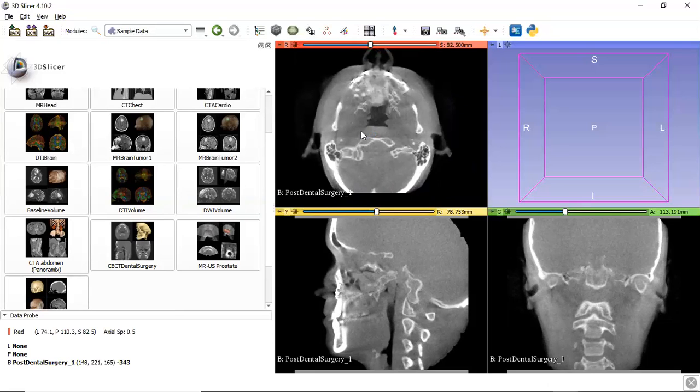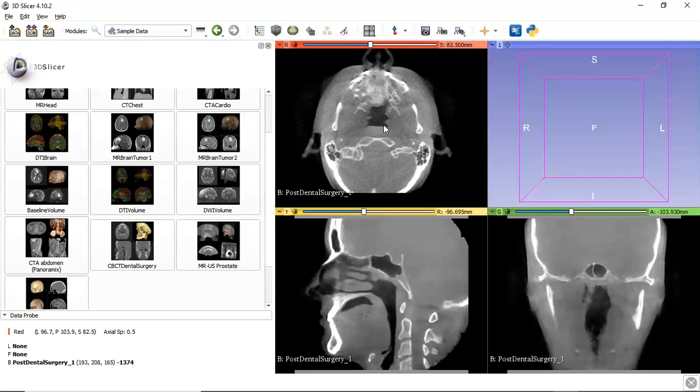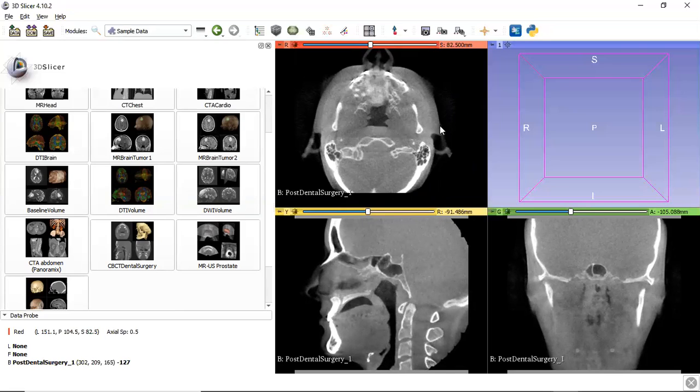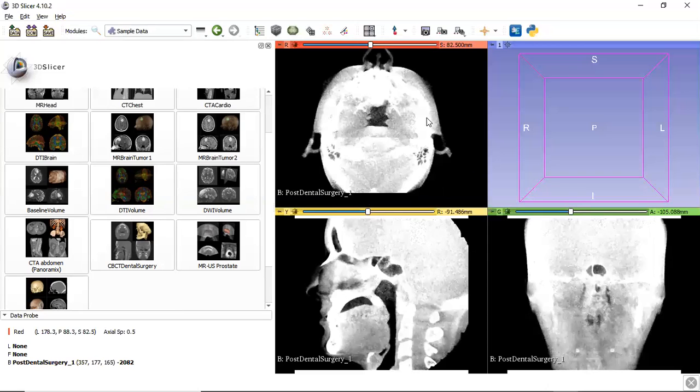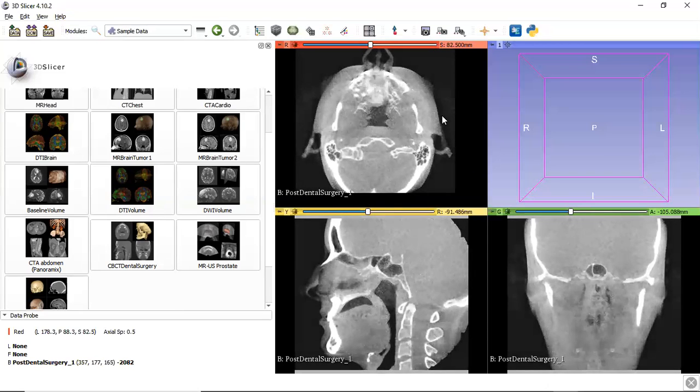When you press shift and just move the cursor without dragging the image, it will go through the different slices of the image, as you can see. And you can even change the contrast of the image by just clicking on the image and moving your cursor. As you can see over here, the contrast is changing right now. So let me put this one as the required contrast. So yeah, let me move on.